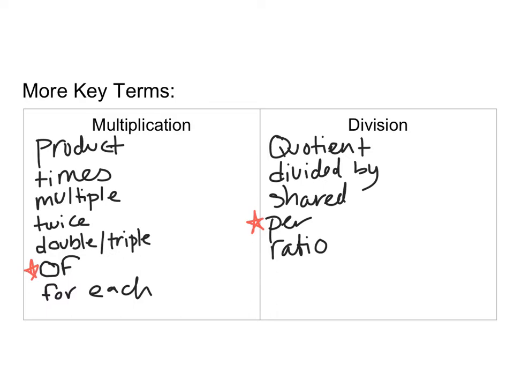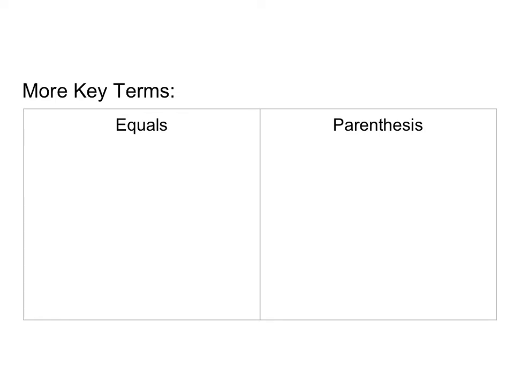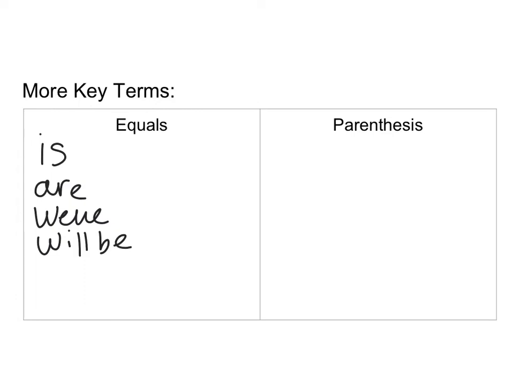All right, let's think about how to know when to put in an equal sign now. If you run across the word is, sometimes that means an equal sign. Sometimes are means an equal sign, or were, or will be. These ones are kind of hard to tell, but we can put them down anyways. And then parentheses, I'm not sure we'll totally understand this yet, but let's write them down so our notes are complete. If you had something like